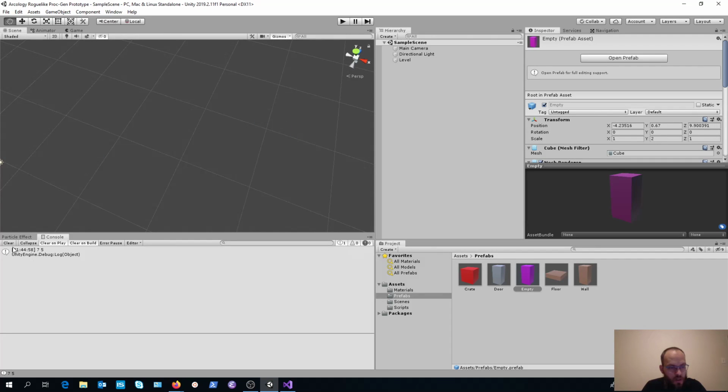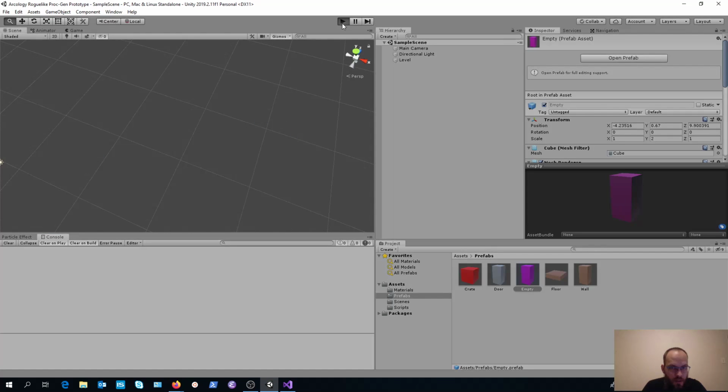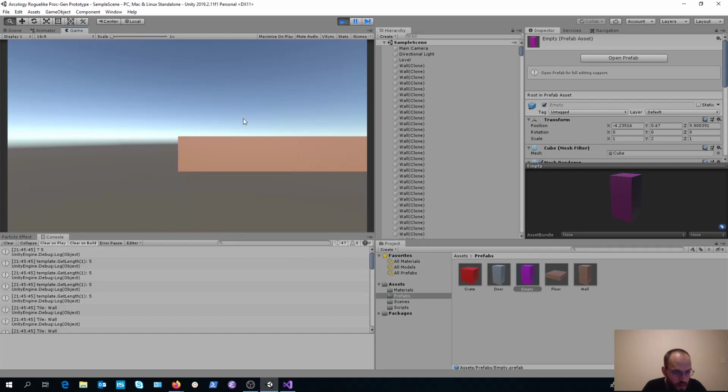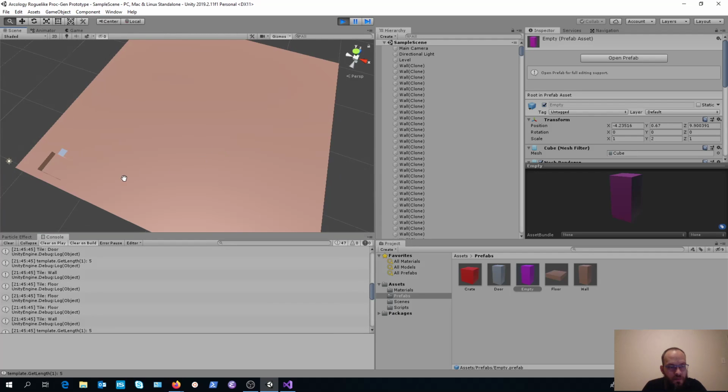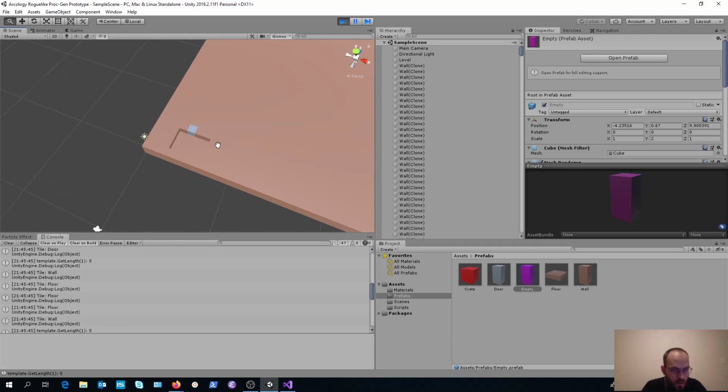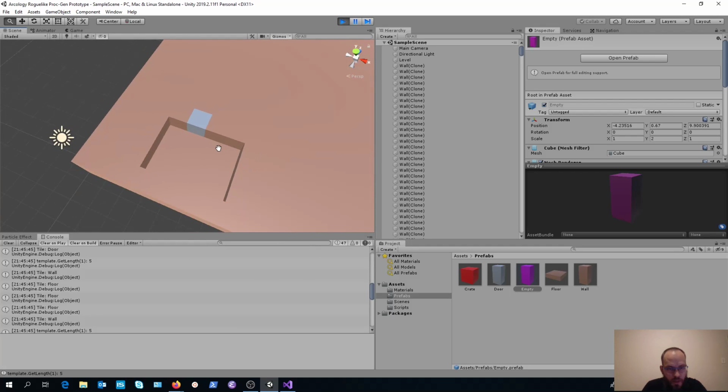Just double check my debugging and make sure that everything is correct. Okay, it's created one template for us now.